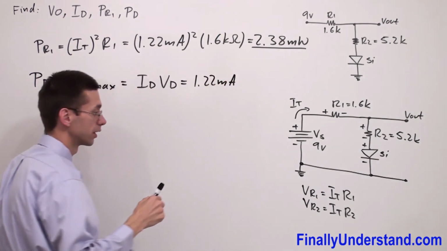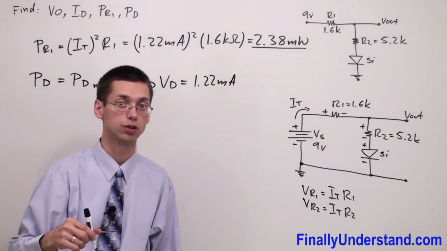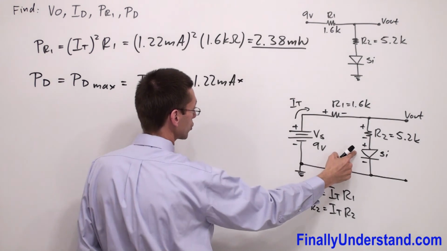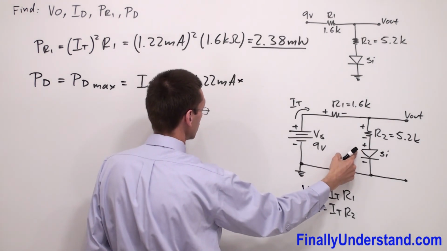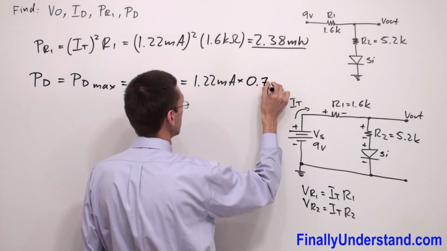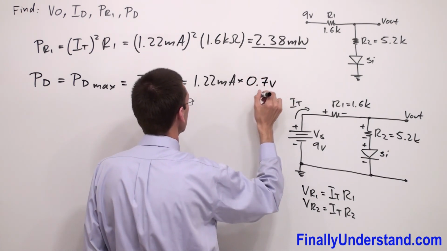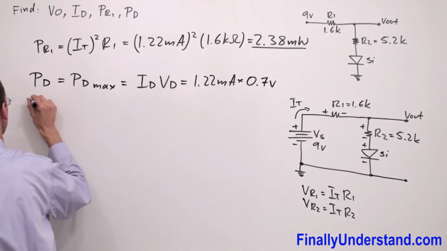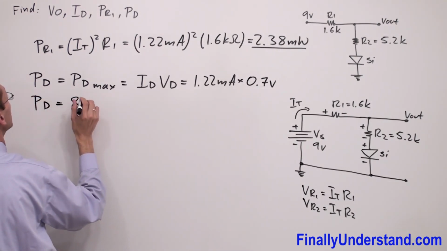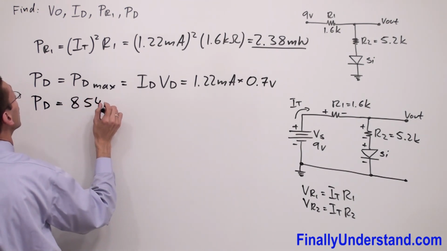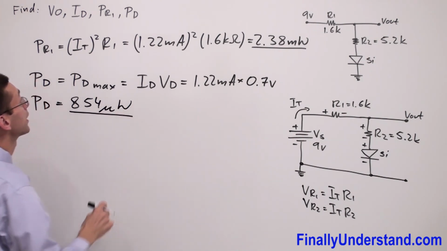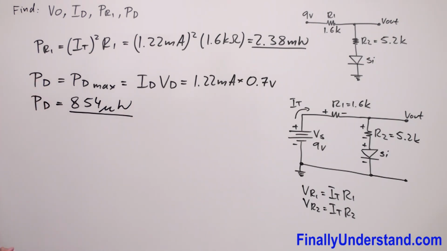Don't forget that the current which goes through the diode is equal to the total current, times the voltage across the silicon diode. In this case that is 0.7 volts. So my PD is equal 854 microwatts. This is called maximum forward power dissipation